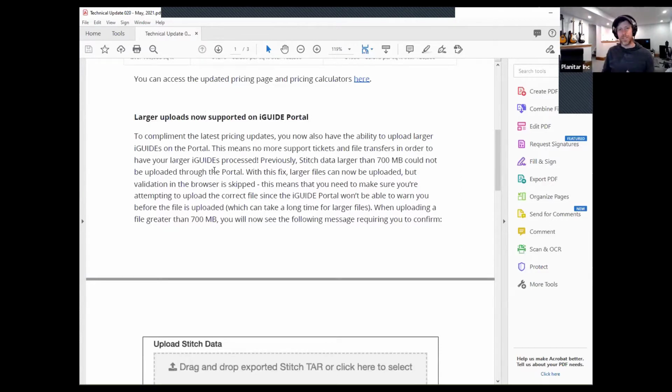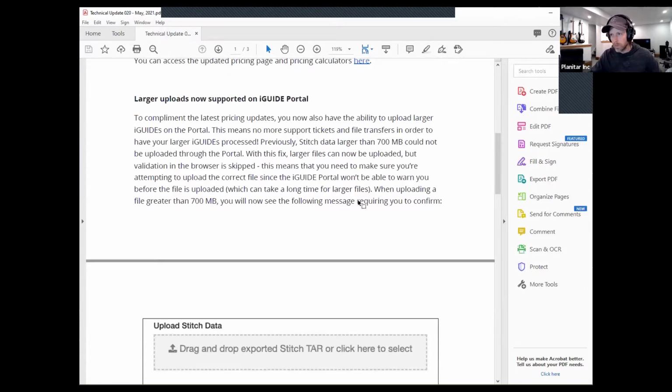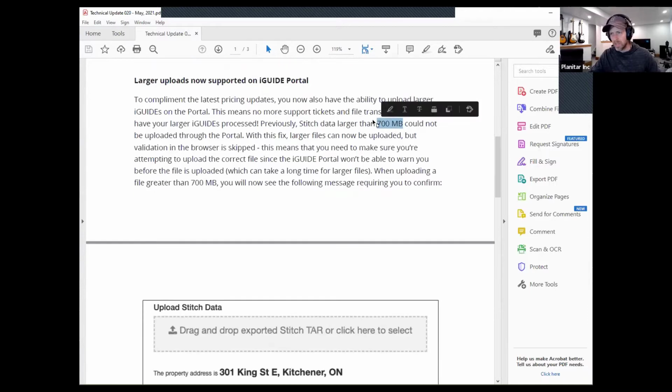And that has been a bit of a challenge up until today, because there were limits on the amount of data you could send in. So you couldn't send in like a 4 gigabyte stitch file. Well, those limits have been changed. If I recall correctly, it's 20 gigs now, but let's just confirm that. The previous limit was 700 megabytes, which is still humongous. You could do a 50,000 square foot property and not get to 700 megabytes, but